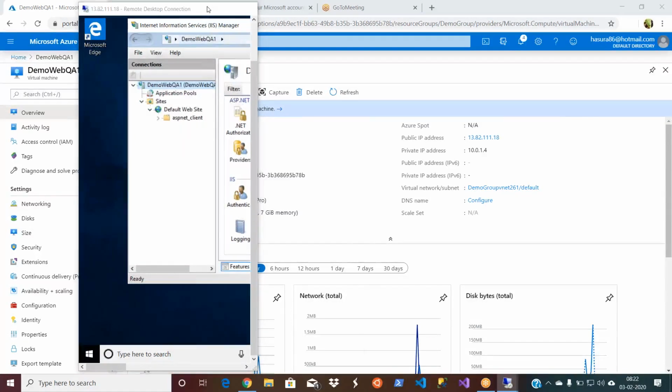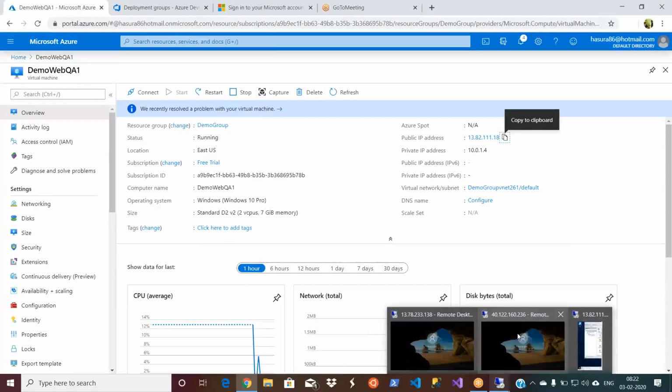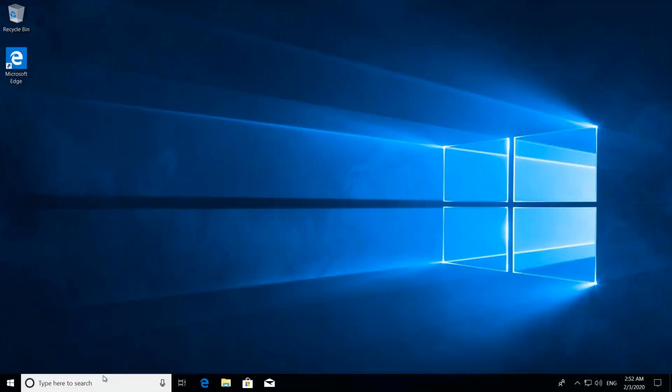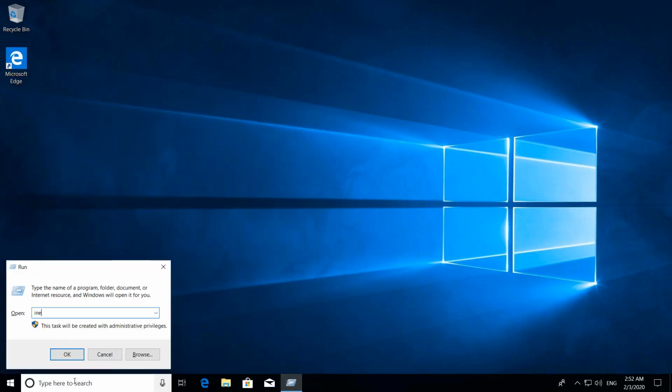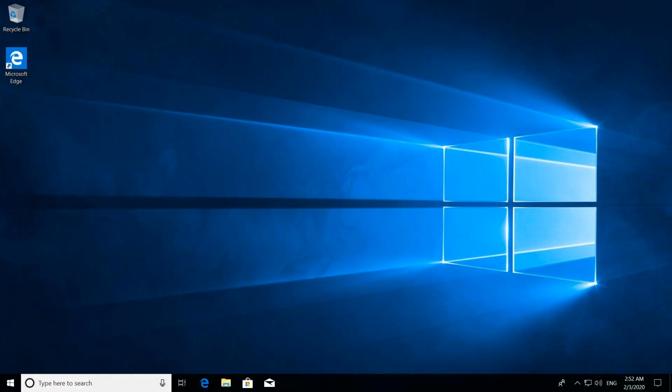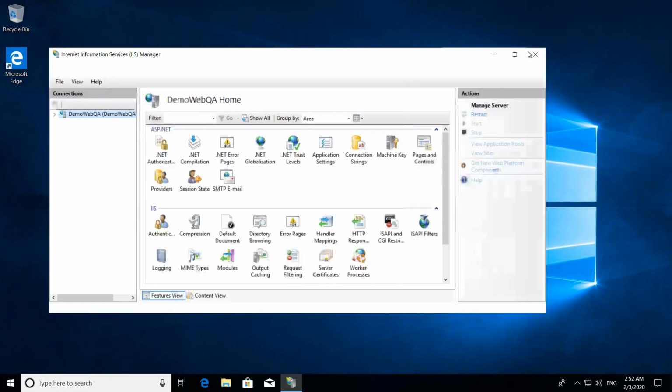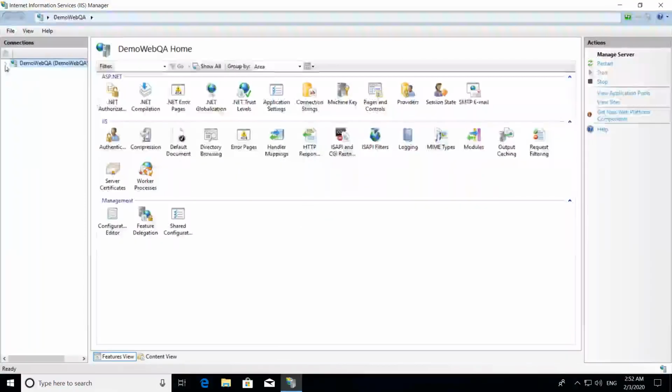Let's minimize this. And then this is which server? Go to run and then IIS Manager. This is our demo web QA. We already deployed our application here, right? That is under .NET DevOps demo.